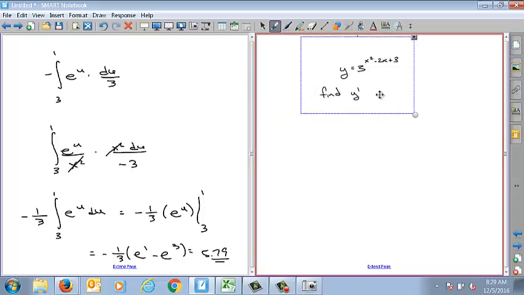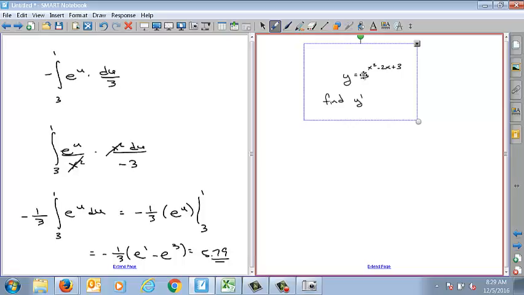So this is just using the chain rule. We had a previous problem where it was e to the x squared minus 2x plus 3, and the only difference is the differentiation formula says that the derivative with respect to x of a to the x is equal to the natural log of a times a to the x. So since we did one just like it, y prime using the chain rule,